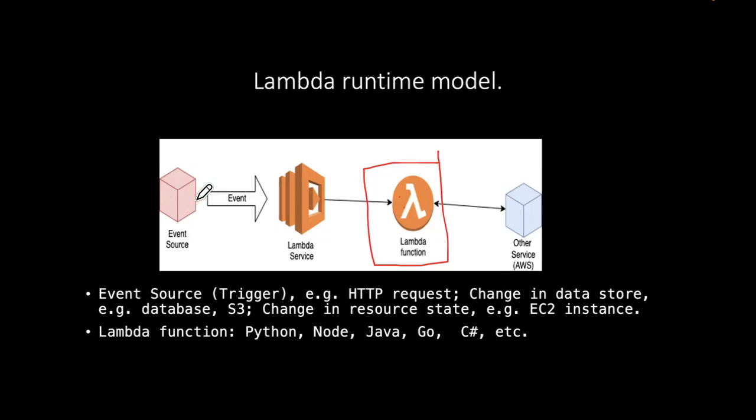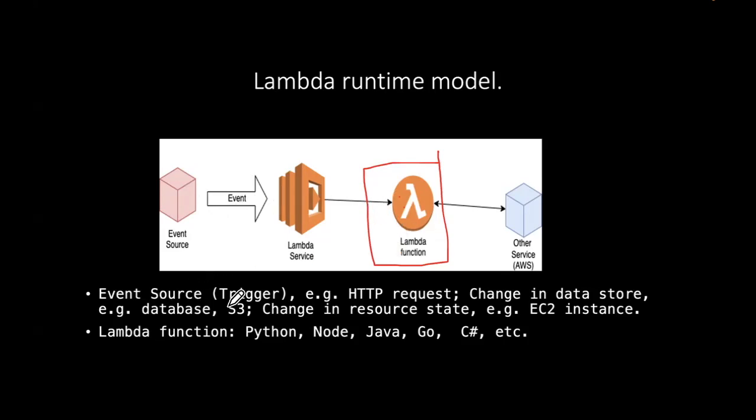So it's actually going to be telling the Lambda service about the change that has occurred, and it describes that change in the form of an event construct or an event object, let's say,